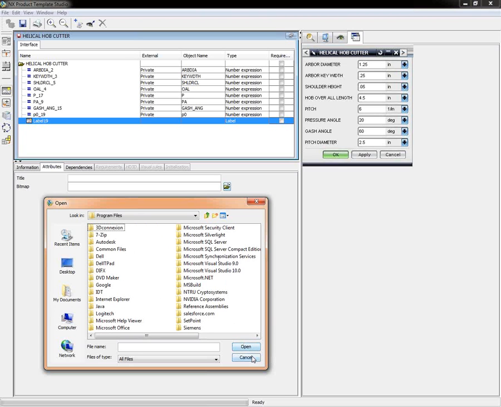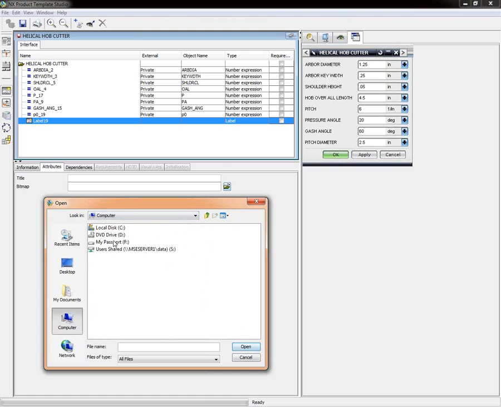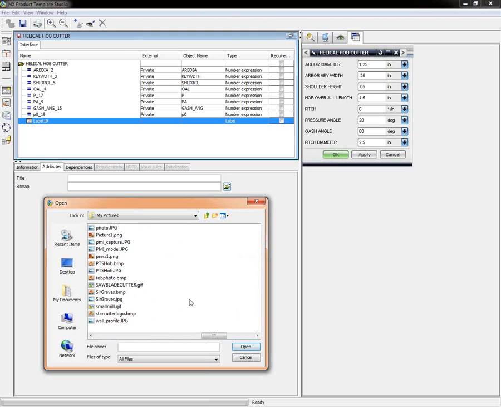Just a second here. Here we go. Users, My Pictures, and we'll go find a bitmap to put in there. Maybe you want a company logo or something in here. I won't bother putting a company logo in, but